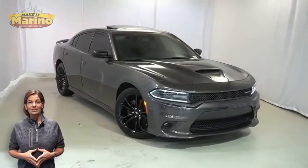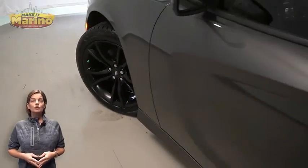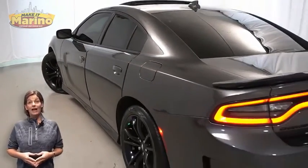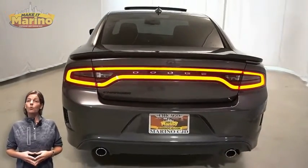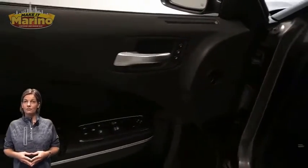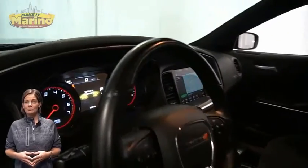With bifunction HID projector headlamps, front fog lamps, 20-inch aluminum wheels, gloss black interior and exterior accents, gloss black rear fascia applique, satin black one-piece performance spoiler, heated and ventilated front seats, heated steering wheel, 30,000 miles on the odometer,